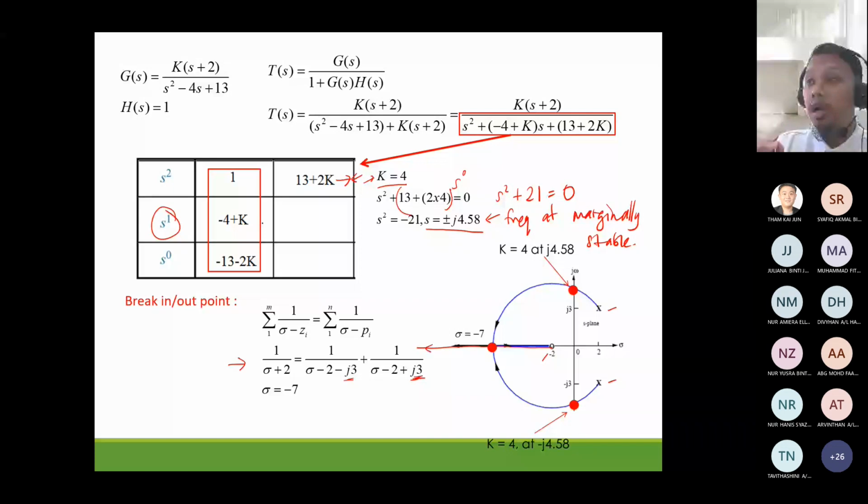So I suggest you simplify slowly, okay? I show you an example for this part. What you can do is you cross multiply, okay? Darat silang. So you get